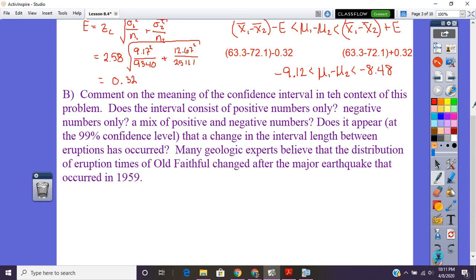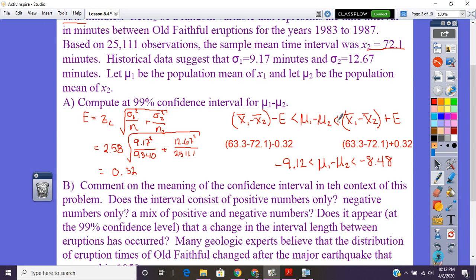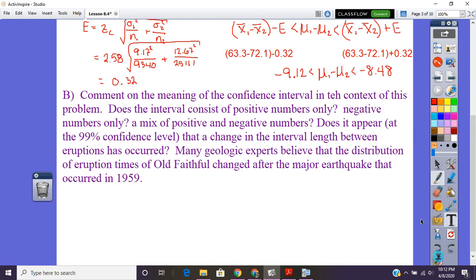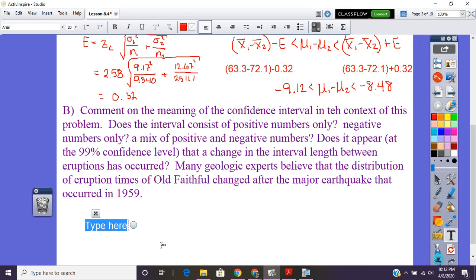So the fact that these are both negative actually is significant, because what we're saying is every time we take the sample mean from the first population and subtract out the population mean from the second one, we're always going to get a negative. That means that this mean 2 would always be bigger. So these consist of only negative numbers,